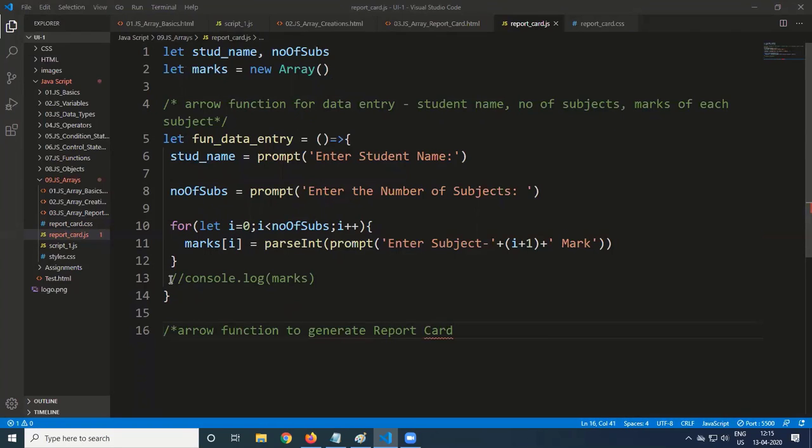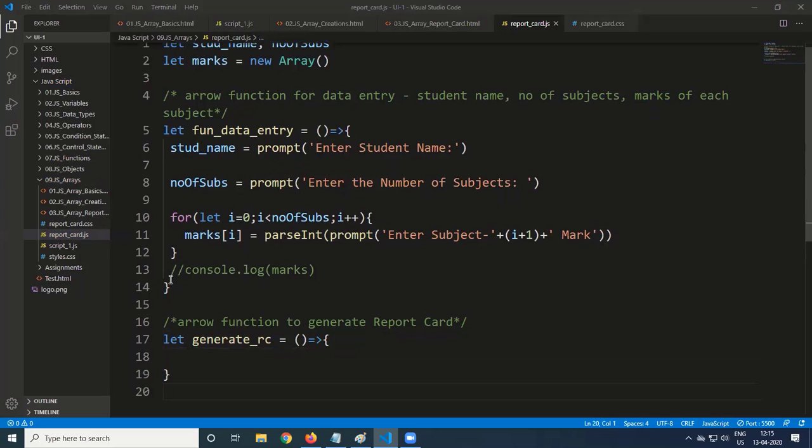We have the global variables there. So how do we display the report card? Let generateRC is equal to an arrow function, and all the values are to be stored in a local variable.